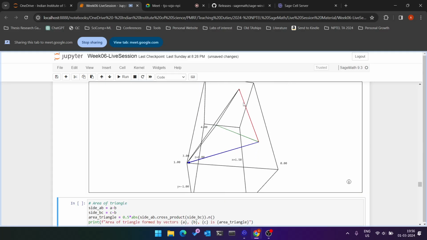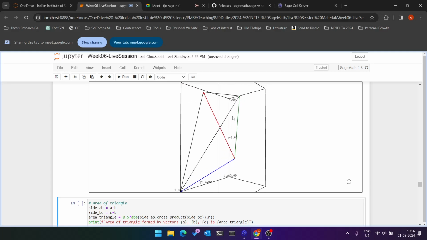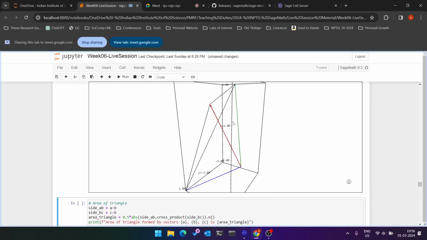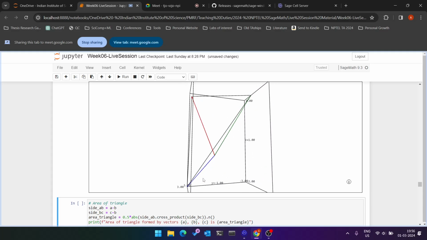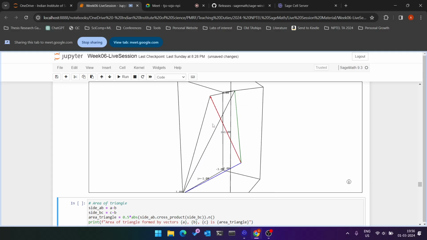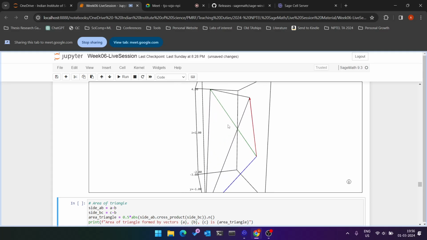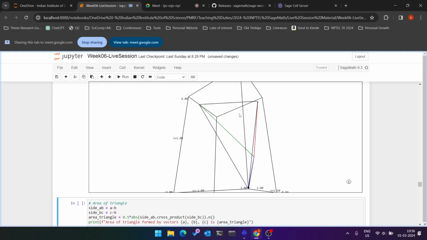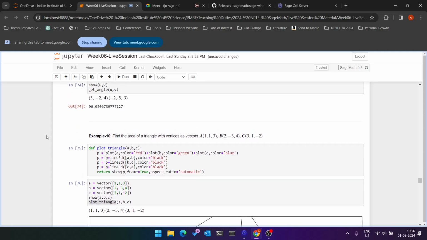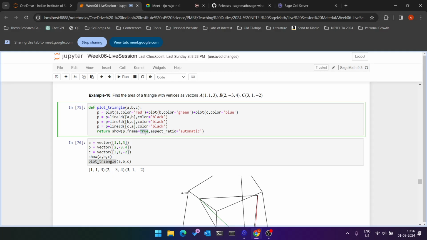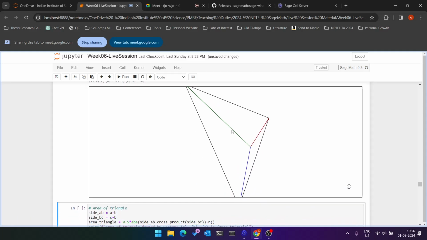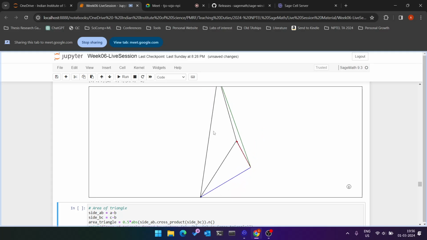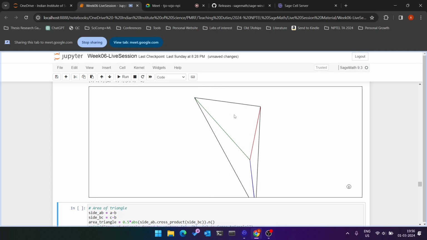This is how it looks. My red, green, and blue basically create points A, B, and C respectively, and the triangle is at an angle, so it's oblique. This is my triangle. If I remove the frame, what do I see? Without the frame, this is what I see. This is my triangle